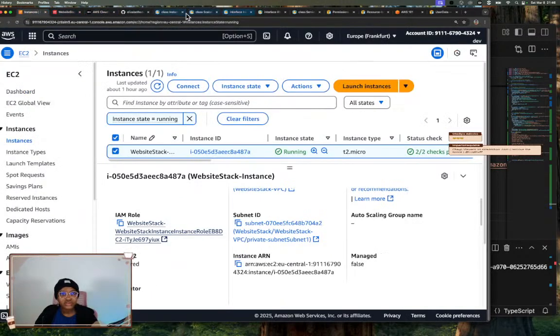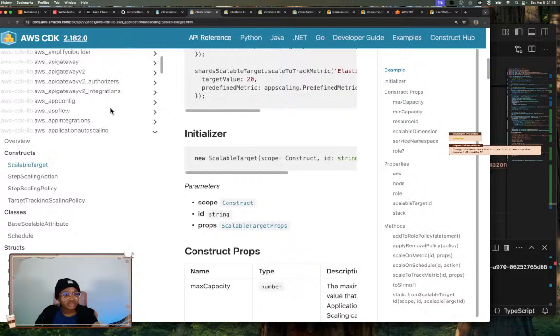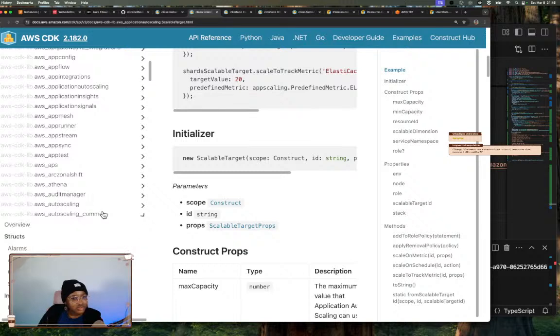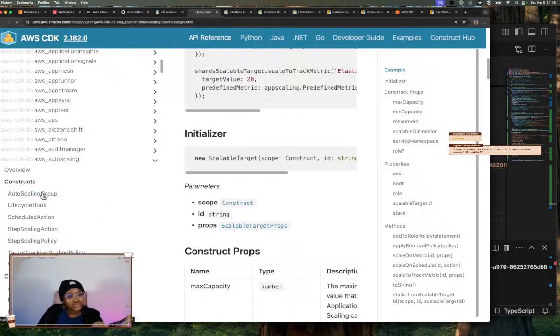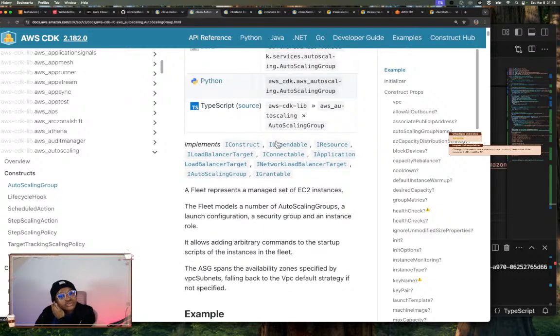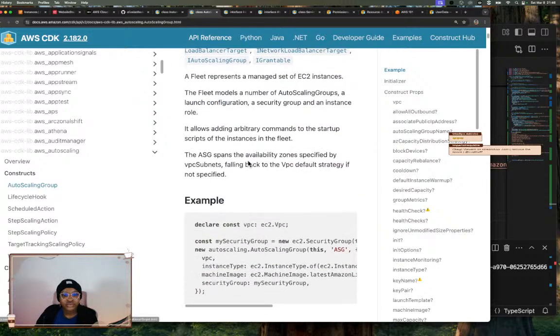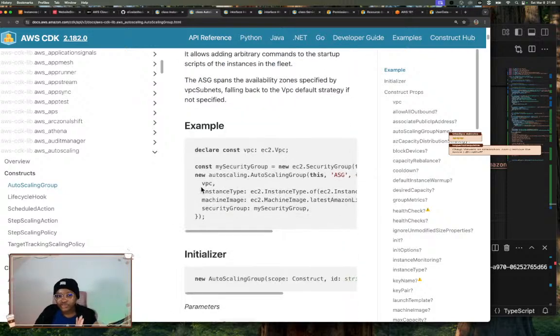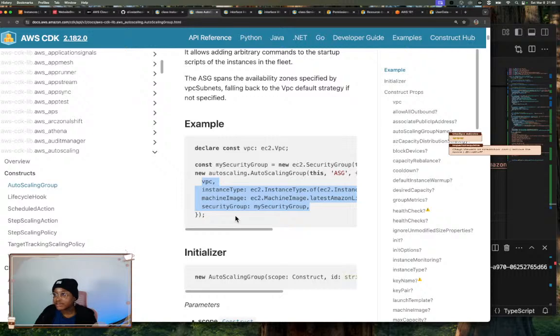Scaling, where is it? Scaling based on CPU usage. You know what we're going to do. And that should be, where is it? Auto scaling. So we'll create our auto scaling group and then we'll continue going with that. So auto scaling group, and would use our, let's just do it. Yeah, we're going to use the same configurations we used for our EC2. We'll put it here with the user data, everything, and then we would add it as a target and it